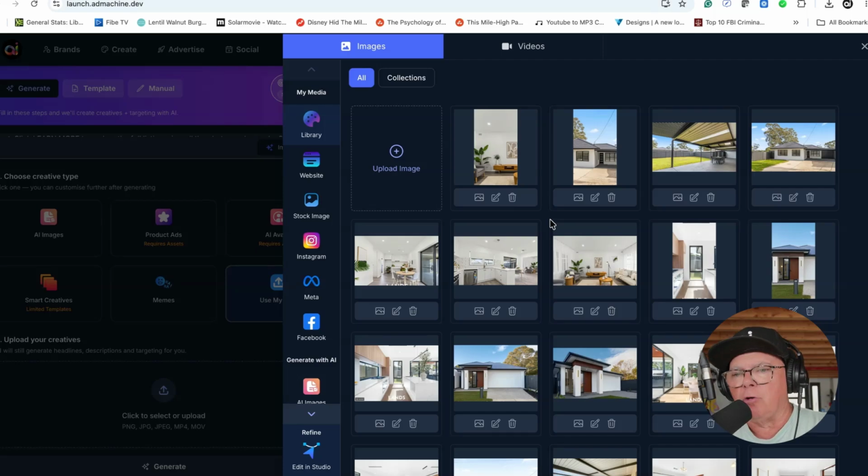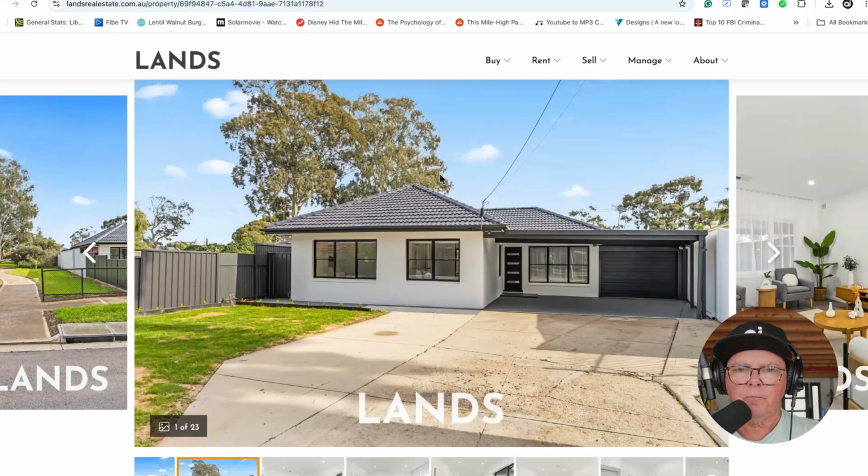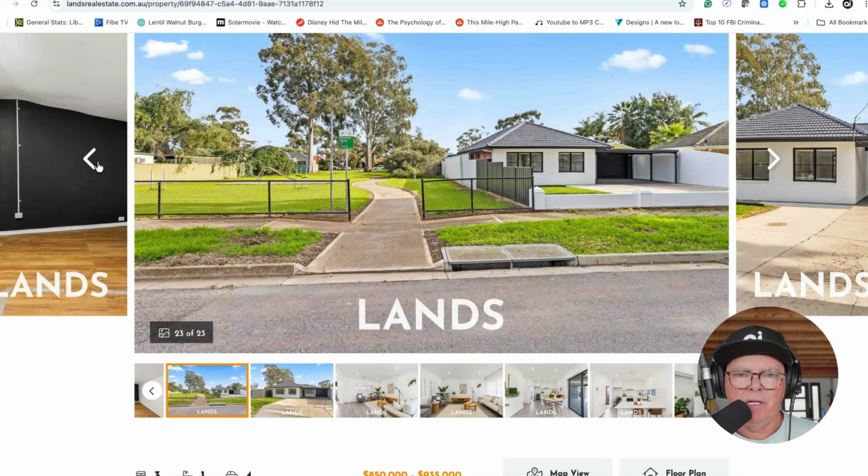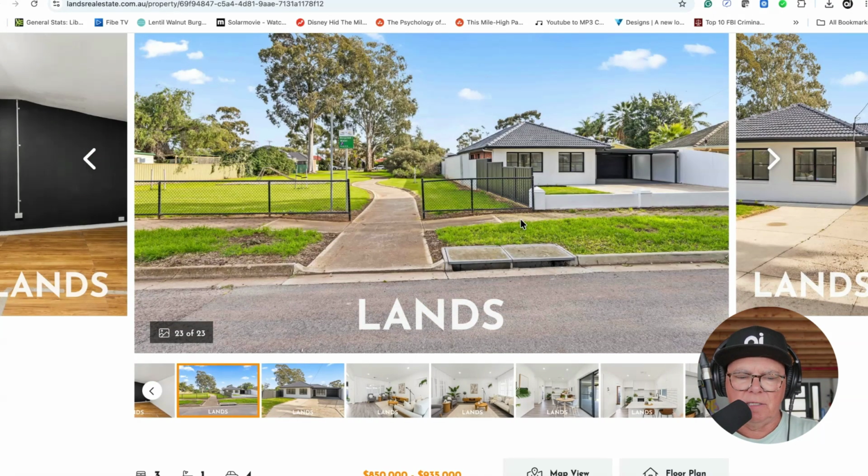Okay, I've uploaded these already. Now, just a couple of things about images. These are the images for the properties for sale, right? Every home has a bedroom and a bathroom. I like to promo the outside of the property because I know it's going to get more clicks. Almost always the outside of a property will get more clicks. This property is beside, I'm actually going to grab that because I like that, is beside a park, and that